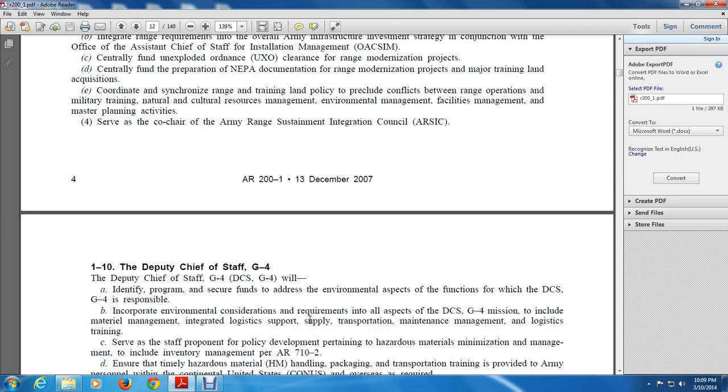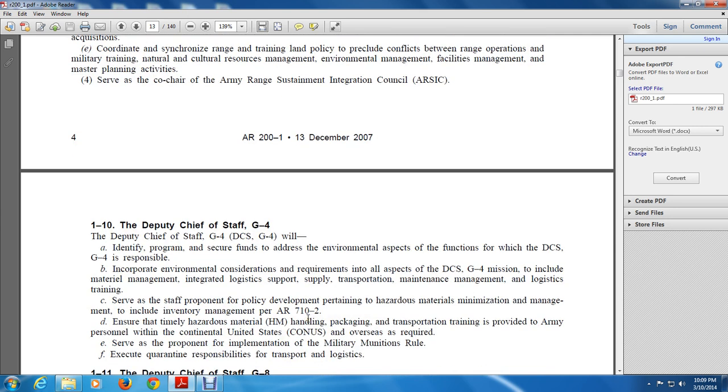110. The Deputy Chief of Staff, G-4, will identify the program and secure the funds to address the environmental aspects of the foundation for the DCS. G-4 is responsible for cooperating on environmental consideration requirements and integrating them into all aspects of the DCS G-4 mission, to include materiel management, logistics support, supply, transportation management, maintenance management, and logistics training. Serve as a staff proponent for policy on deployment and environment pertaining to hazardous material minimization management, to include inventory